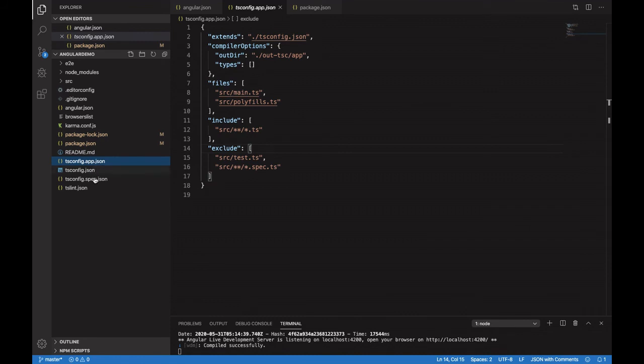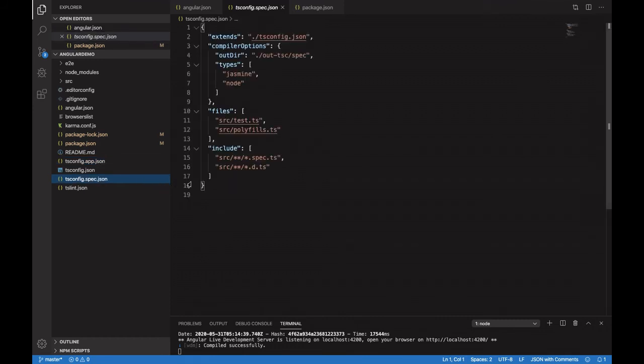Apart from that, we have this tsconfig.spec.json. There is one thumb rule that any file which has spec.json in the file name is related with the test cases. This overrides the tsconfig.json file with app specific unit test configurations. We had already defined some of the rules in tsconfig.json file, but if you want to specify your test cases configurations, then you have to define them over here in tsconfig.spec.json, and it will override tsconfig.json.